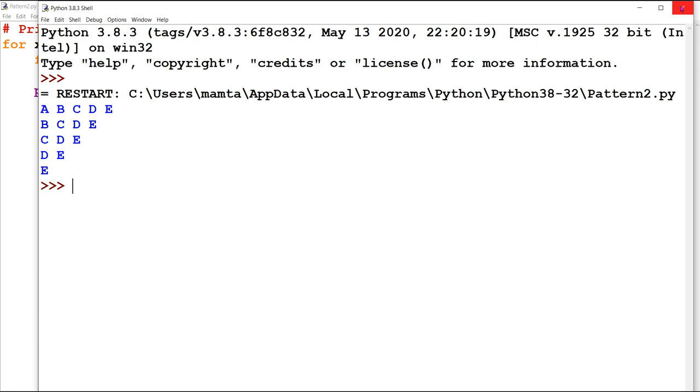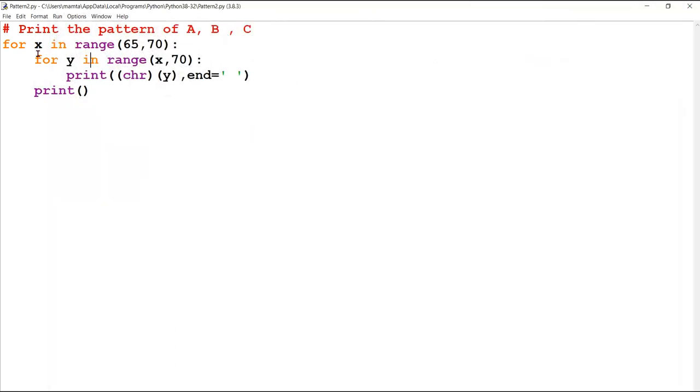Like in the previous example, previous to previous, I have shown you 1, 2, 3, 4 can be printed. Now how ABC, any pattern can be printed: only a little change and you'll get a new pattern. X in range 65 to 75. I have taken 65 here because that is A's ASCII value.